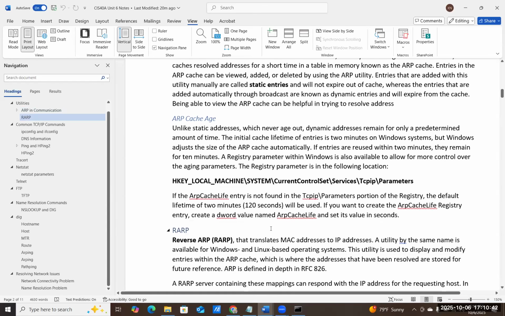Now, it talks about the age, how long it's kept. Things don't stay in your storage forever. Otherwise, we would run out of storage. We have lots and lots of systems communicating back and forth. So when you have static addresses that are set, they don't have an expiration and don't get deleted. They can be there permanently. But when you have a dynamic address, it's only going to be there for a period of time. So that means that it has an age, and that is, you see there, about 2 minutes by default in